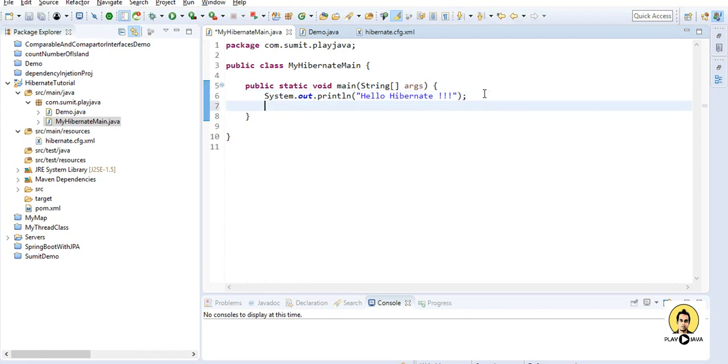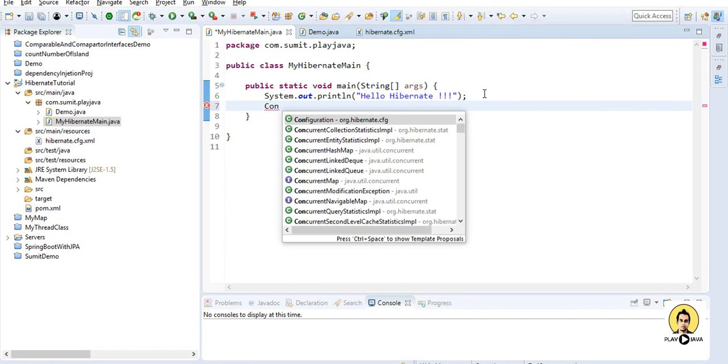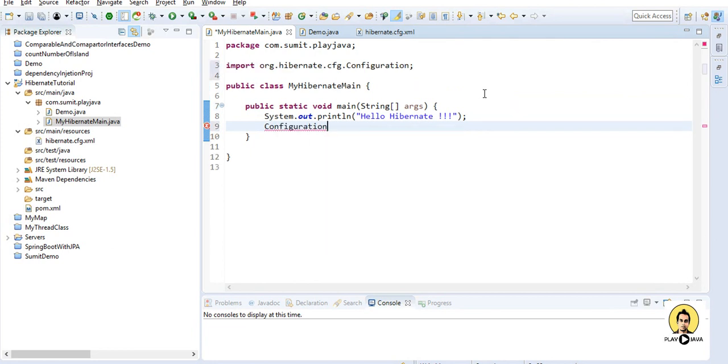So the configuration will be from hibernate.cfg: cfg is equal to new Configuration.